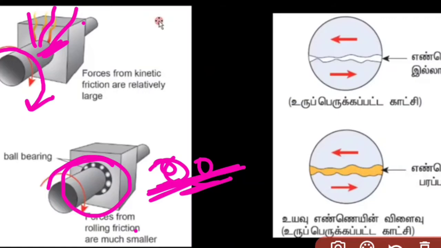So these applications are mainly used in industries. In industries they will use machines, generators, motors and everything. We will be using such things, ball bearings. So what is the use of that? This will rotate, and when it rotates, the frictional force between the surface and the bearing will be reduced. So you can easily apply force and drag it over here.